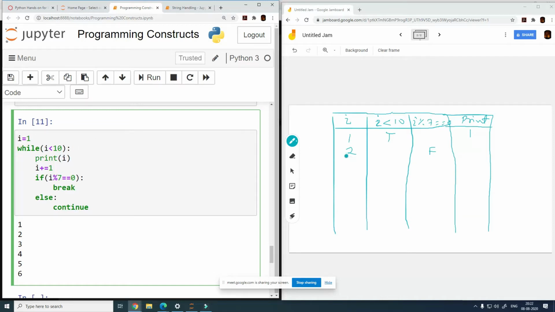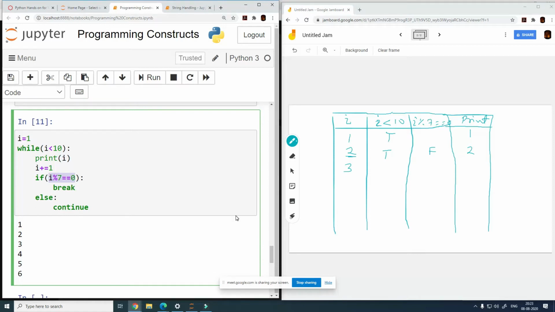Is 2 less than 10? Yes, true. So the program will again print the value of I, so it will print 2, and then it will change the value of I to 3 because of I plus equal to 1, and then it will again check if I is divisible by 7 or not, right?